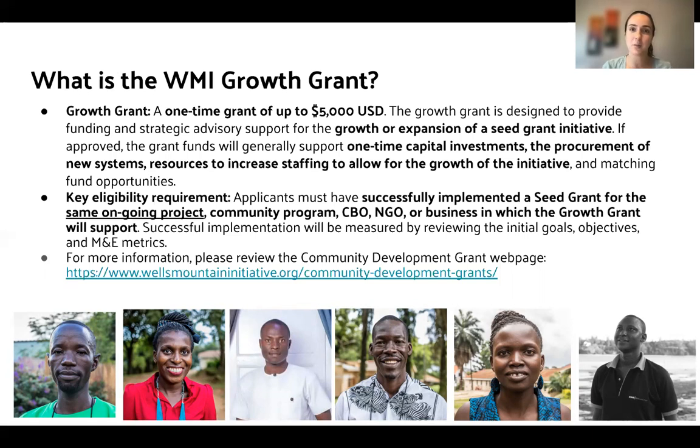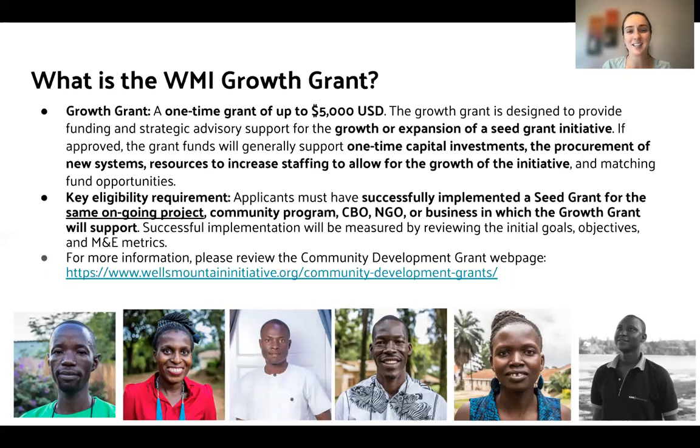When creating your seed grant proposal, if you have the plan for continuation, for growth in the future, for your seed grant proposal, please make sure that your goals and objectives are very strategic. You want to start small with a seed grant when you're beginning a new initiative. Be focused. Use the SMART methodology to create your goals and to create pathways for you to be successful in a 12-month period to implement what you're proposing. It's based upon your seed grant success or implementation that you qualify for the growth.